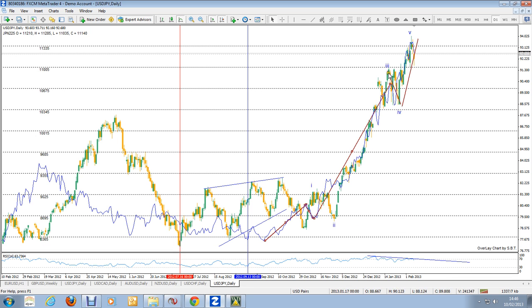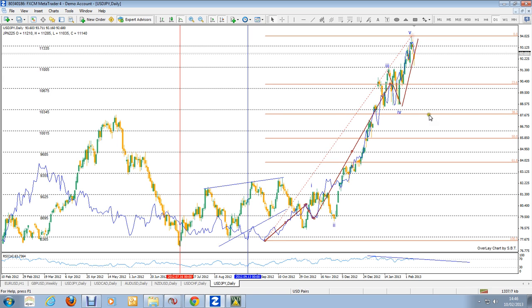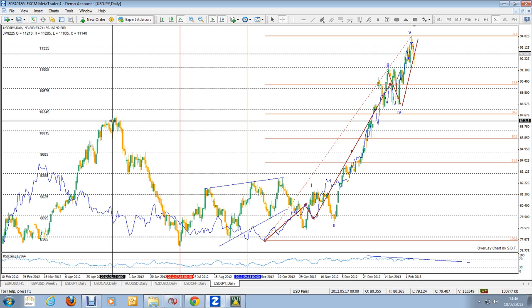So what we are expecting is a retracement of this in the dollar yen. If I put my Fibonacci ratio on, we are expecting a correction of this move. How much it corrects is difficult to say, but the usual expectation is at least about 38%, and that might bring it into the vicinity of where we had a previous